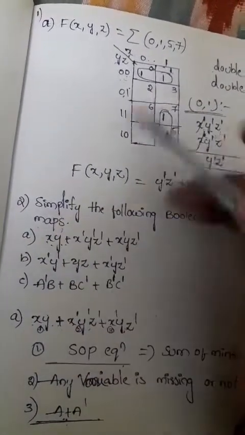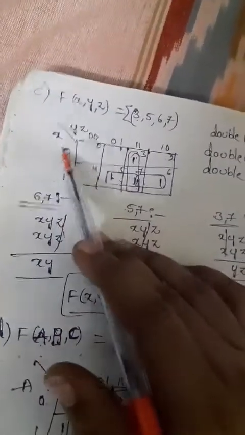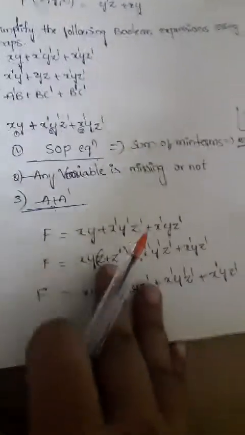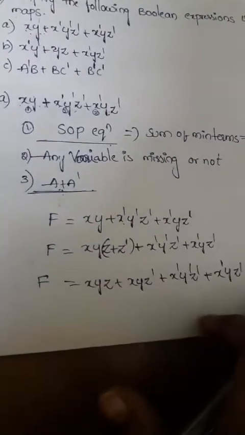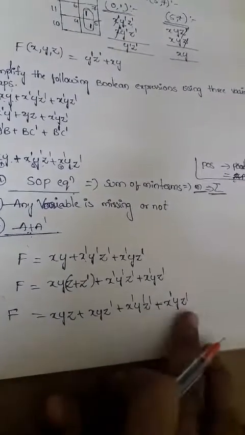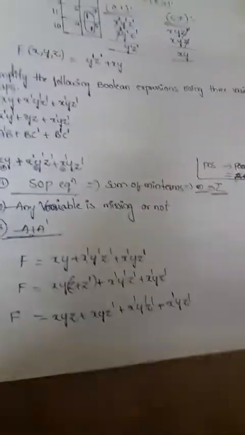So xy, if you are taking a horizontal K map, xy is nothing but 0 0. What about z? We don't know, it may be complement or normal. For that purpose, we'll go for these rules. We simplify the Boolean expression first. After that, if all the variables are present in all the terms, then we'll go for simplifying the K map. So now we have to write the function.